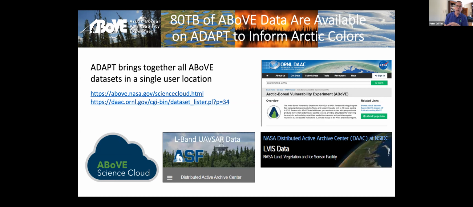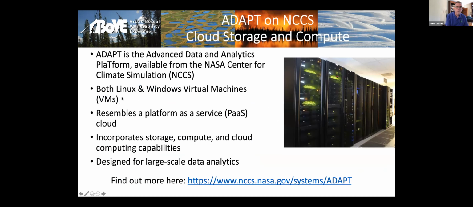As data reach the mature stage of being archived, we're also putting them into what we're calling the ABoVE Science Cloud, but it is running on ADAPT, the system that Antonio mentioned in his talk. ADAPT stands for the Advanced Data and Analytics Platform.